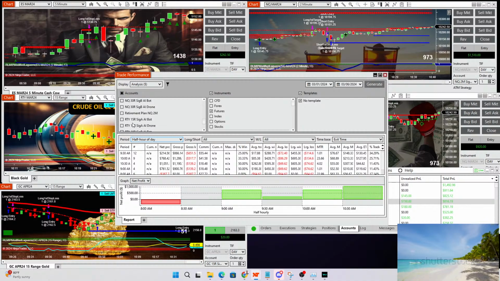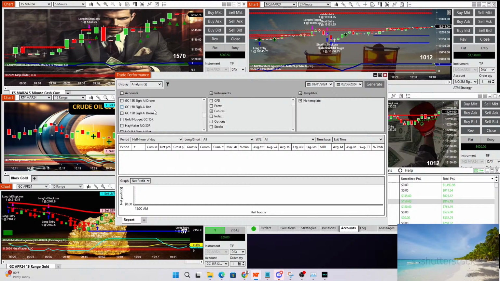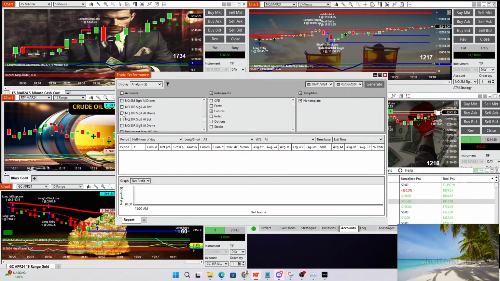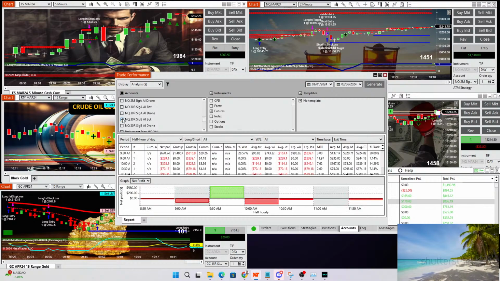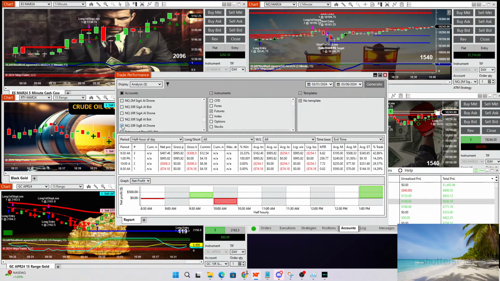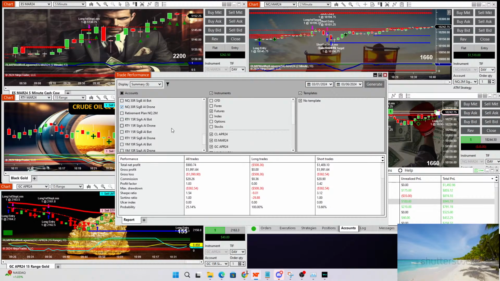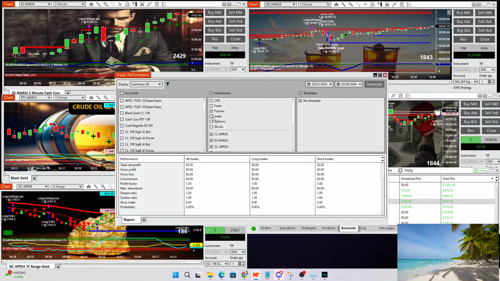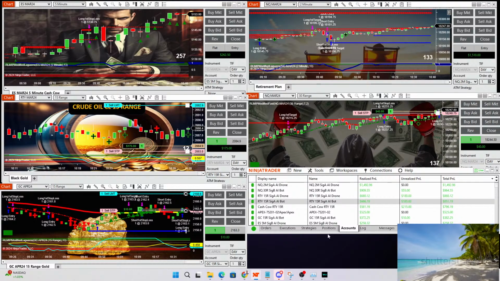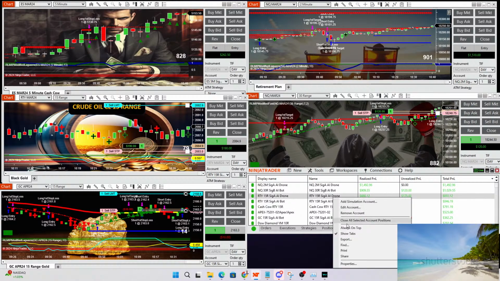If I take it off of gold, I think the other one that I was doing well on was, let's see, the 30 range signal B, 30 range signal B AI drone, is up about 900 for the month. My retirement plan is down on that NQ 2 minute. So to really get a good indication, I like to go to my accounts, and if I put a cash value on my accounts on the properties,